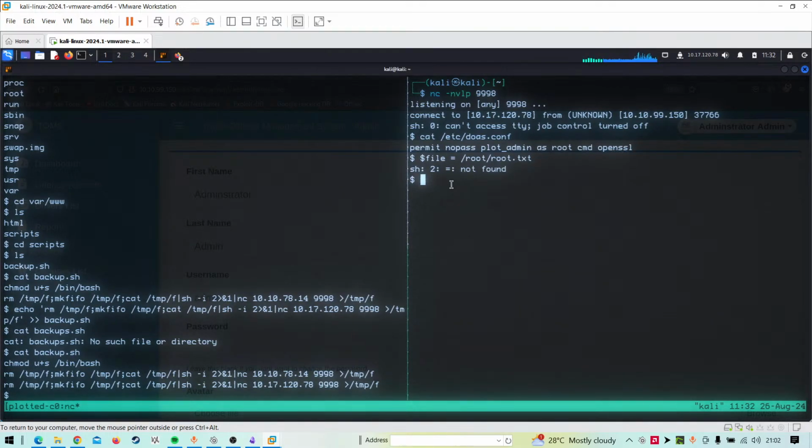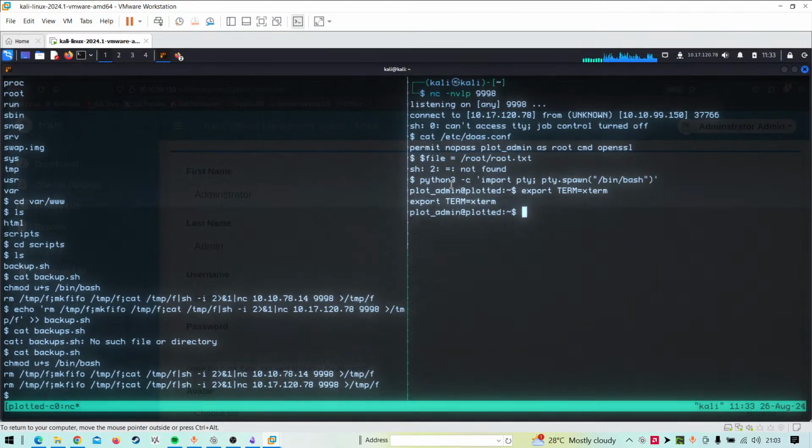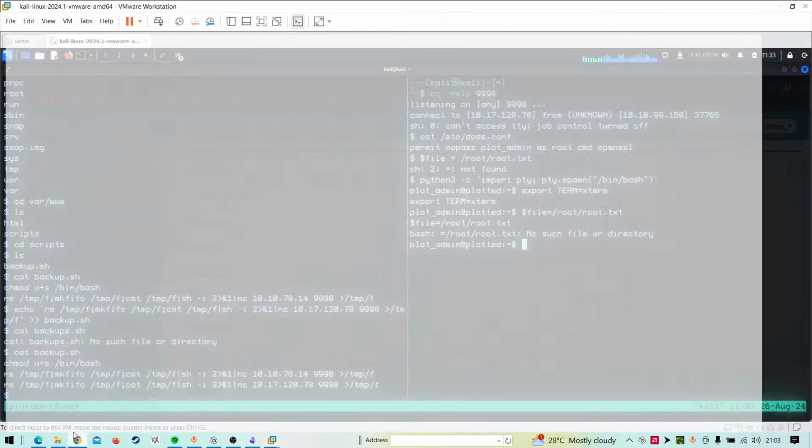Okay. So I think for that we have to upgrade our shell to /bin/bash and export TERM equals to xterm and set $file equals to /root/root.txt. Oh, so you don't have this particular file.